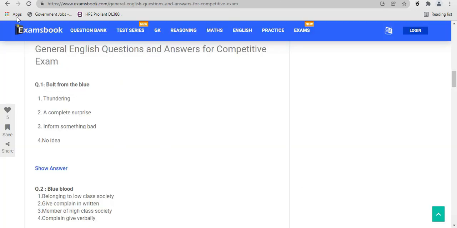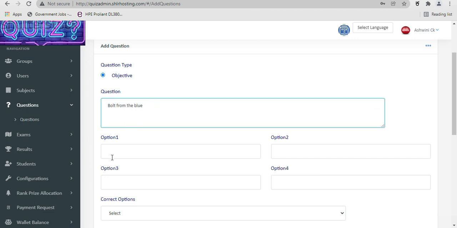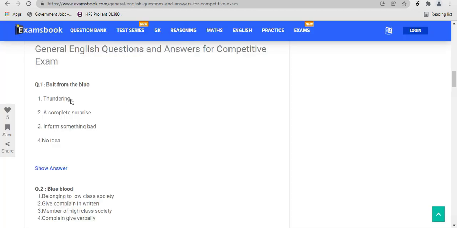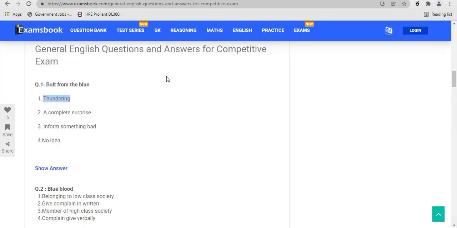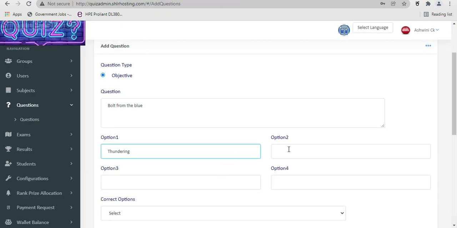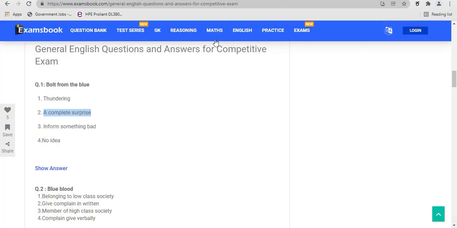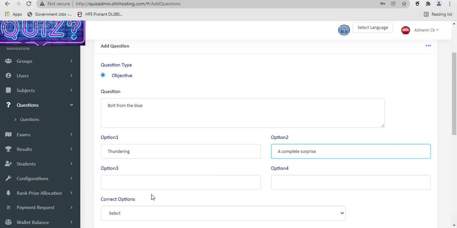I have selected one general English question, and choose four options. Option 1, the same way option 2, the same way option 3, the same way option 4 also.